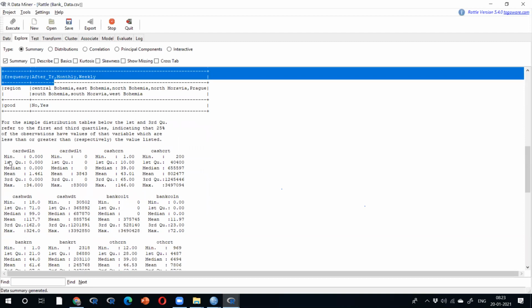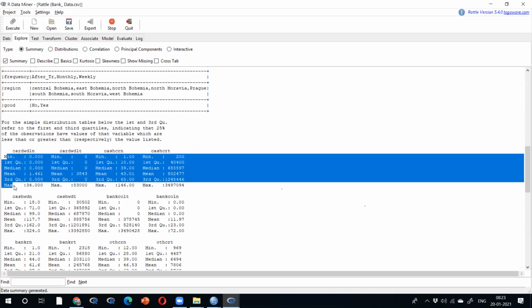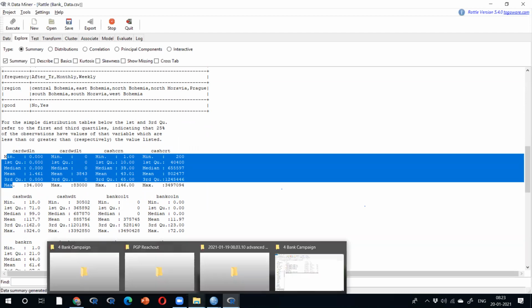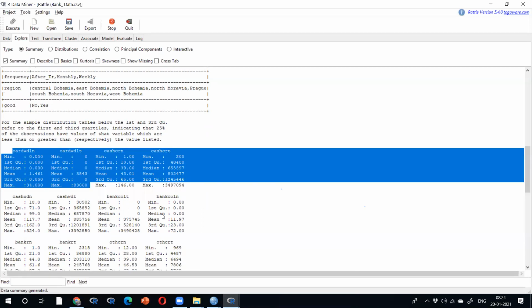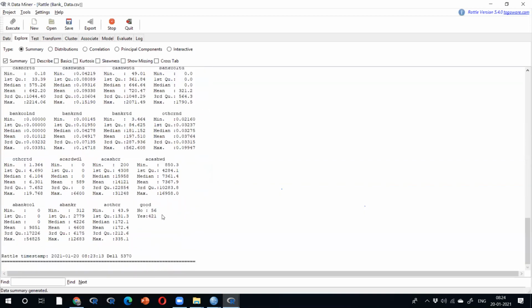In this numerical data, a 5-number summary is given. That's why we are saying it's a summary. In the Excel sheet also, I told you it's a very important technique. 5-number summary, median, mode. It's Q1, Q2, Q3. It's the most important. This is Q0, this is Q1, Q2, Q3, Q4. For every variable, by default, it gives the 5-number summary. But we never started with the 5-number summary initially. After descriptive, central tendency, dispersal, we started. For every variable, it's displayed.